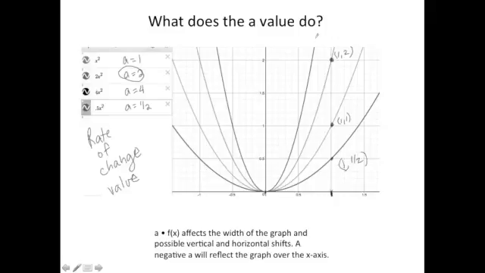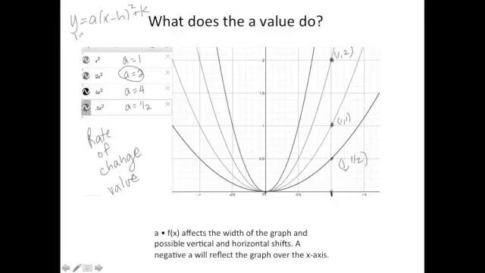I can't see the black one, it's off the screen, but if I had extended the graph up, it would be on this axis of 1, it would have been at the point 1, 4. All right, now why is that significant to us? That tells us that if we are able to identify where our vertex is, which in each one of these cases, the vertex is at the origin,